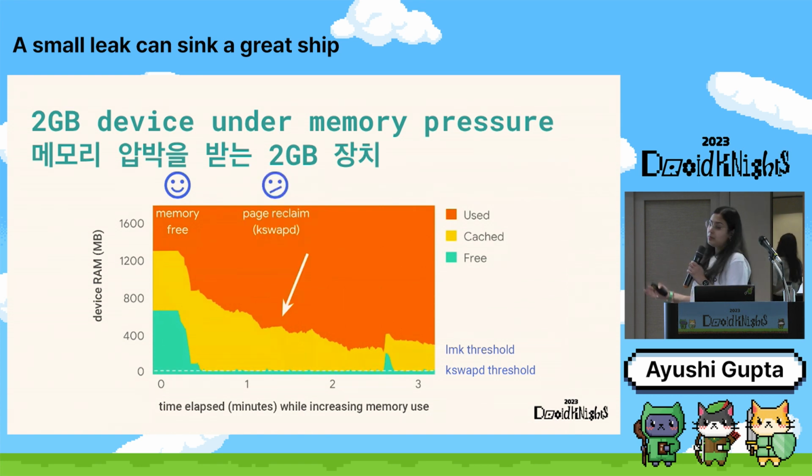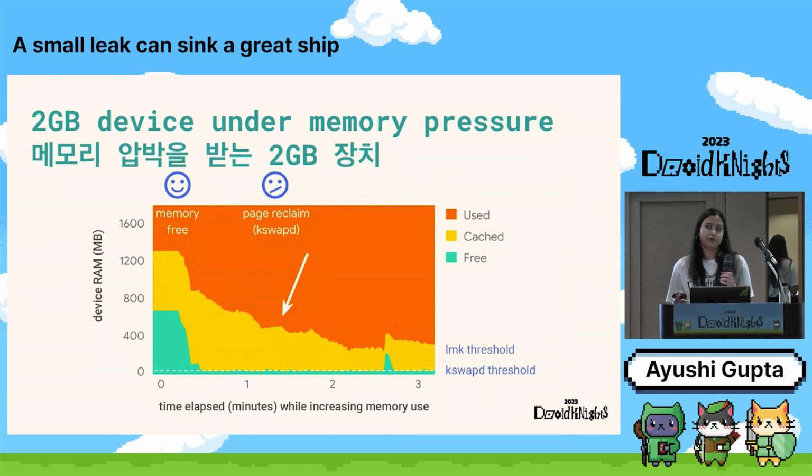But over time, I keep on increasing the apps that I'm running on my phone. Then the free memory will obviously get exhausted. And to avoid very bad things from happening, the kernel has to do something. So the Linux kernel has this mechanism called kswapd. What is kswapd doing? Kswapd is going to find more free memory for your device. It basically kicks in when your free memory drops below a threshold, what I'm calling here the kswapd threshold, right? So now if an app is going to access a cache page or memory that was present